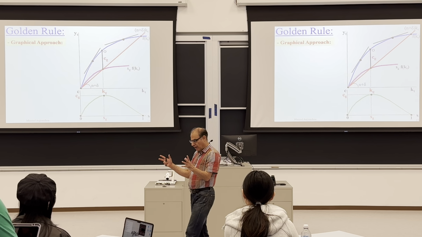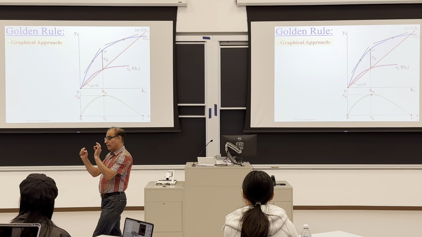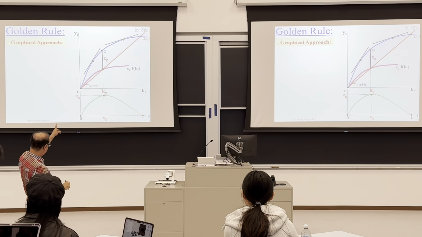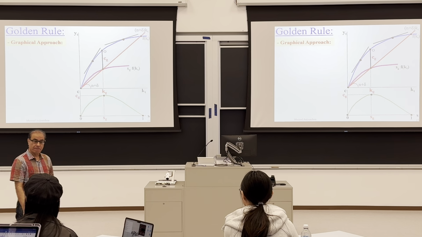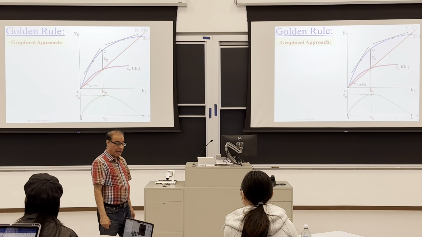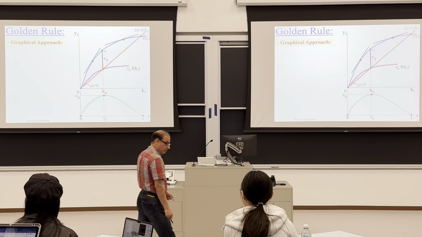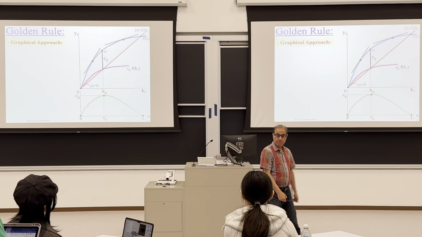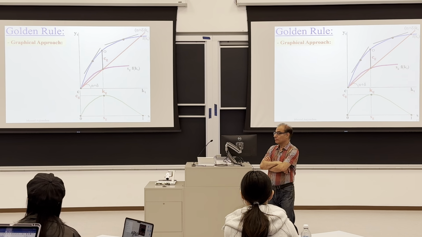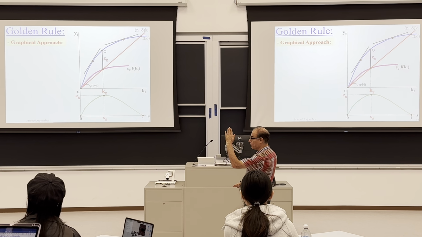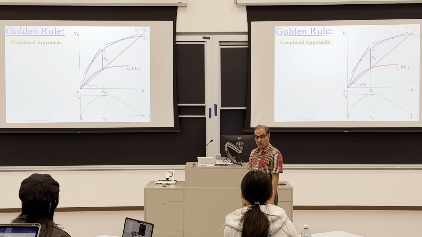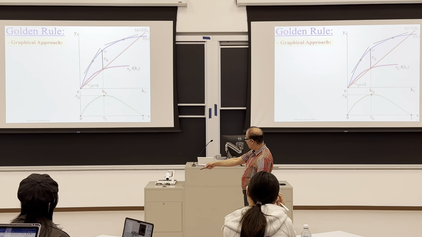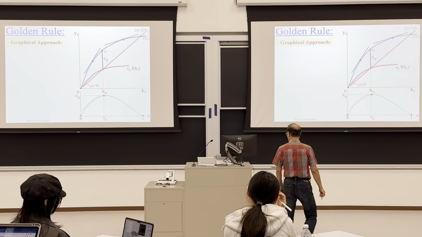How can we graphically find maximum consumption, maximum saving, and golden rule saving rate, which means point O? You see, to the left it's very steep. To the right it's very flat. So if I draw a tangent at point O,